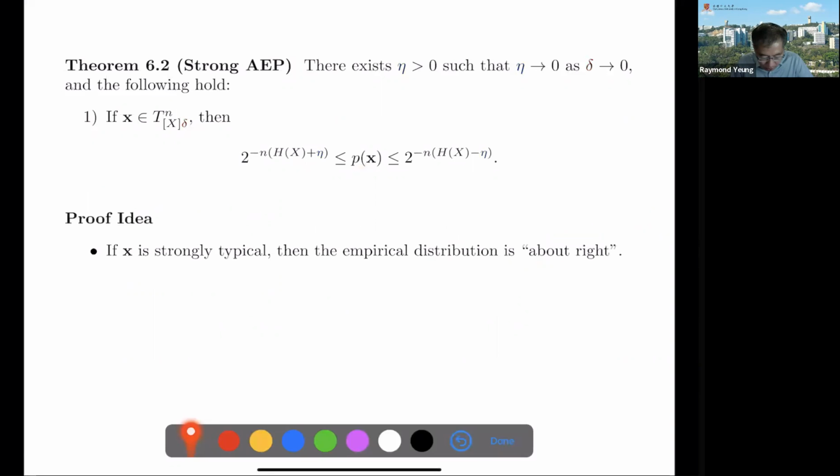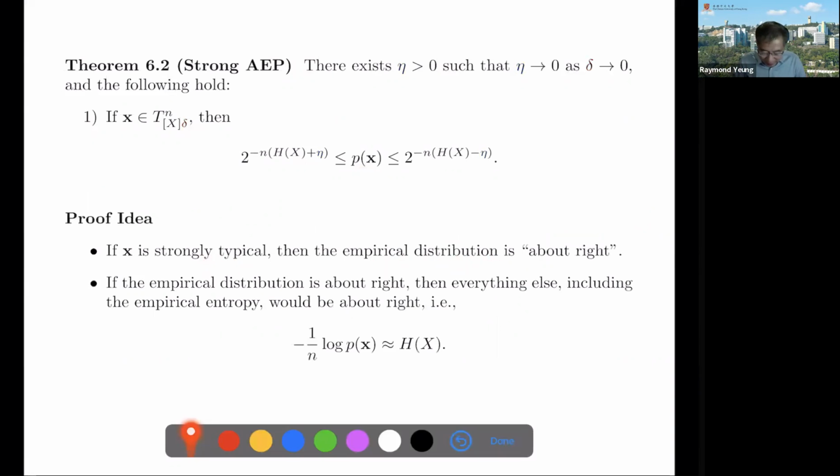Okay, so the proof idea is the following. Now, if x is strongly typical, then the empirical distribution is about right. Okay, about right meaning that it is close to the true distribution. Now, if the empirical distribution is about right, then everything else, including the empirical entropy, would be about right. The empirical entropy is that